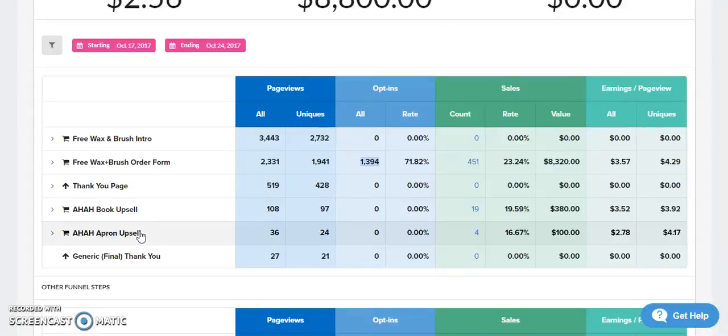Now, we had about 200 people join the group, and we had about 30 new affiliates join the program, which is outstanding. I'm very happy with those numbers. However, you see that there were only 19 book sales and 4 apron sales. Now, I was a little discouraged by those numbers, but that's okay because it was the first version of the